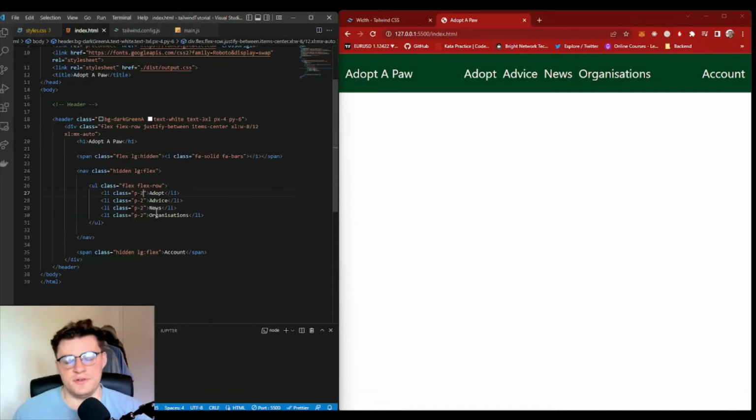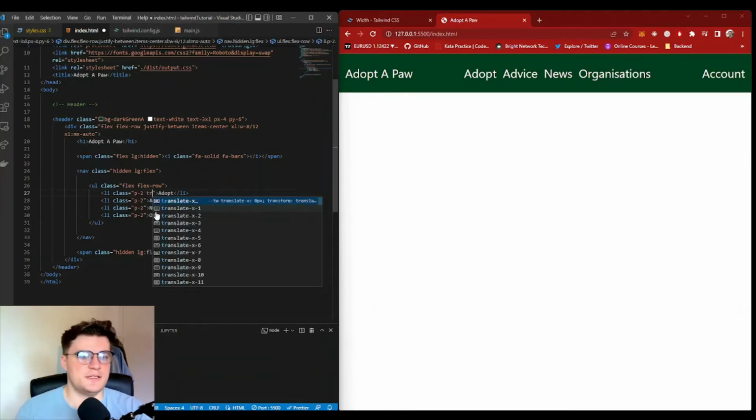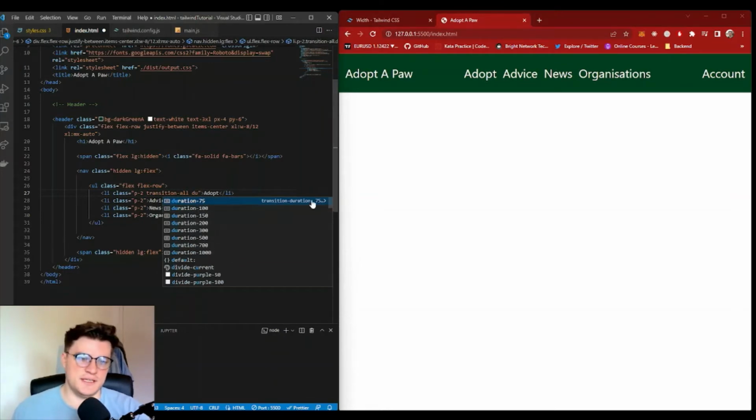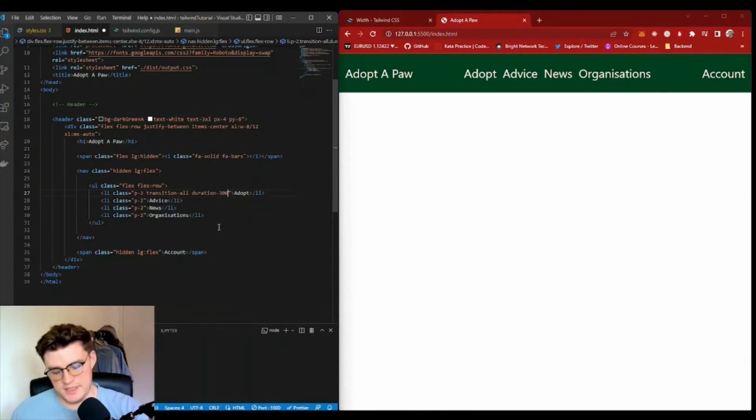So we have different ways to do it in Tailwind. So maybe transition, and we can see transition all comes up, and then we can do the duration. This is in milliseconds, or you can see here, 75 milliseconds. So we're going to choose 300 for that. Save that. But of course, right now we're not actually transitioning anything, so we need to go to hover,